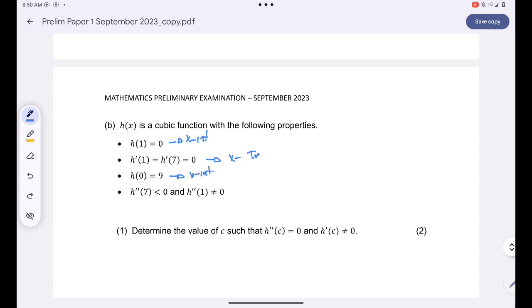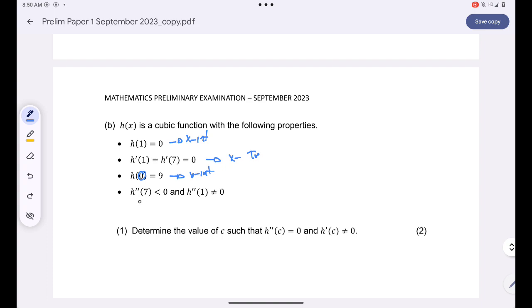Why do I say it's the y-intercept? Because x is only 0 on the y-axis. This is the x-axis. This is the x-intercept rather, because y is only 0 on the x-axis, and then the derivative is only equal to 0, guys, at the turning point. And then now we are told that